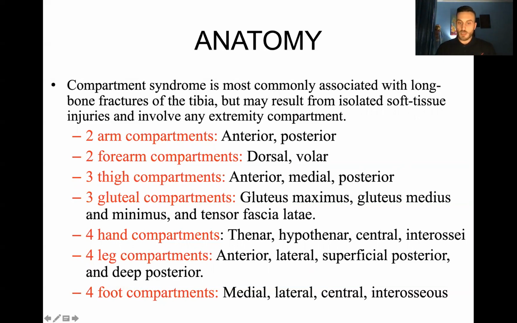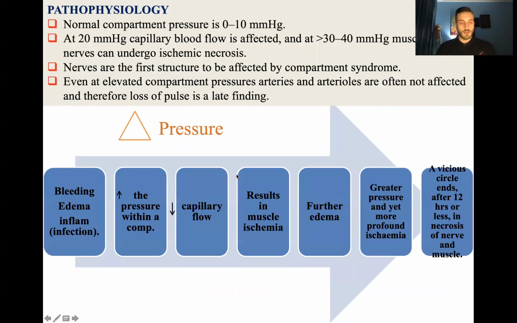For example, in the forearm you have the dorsal and the volar. In the thigh, there are 3: anterior, medial, and posterior. And you should also know the components of these compartments. It's very important to know that the normal compartment pressure inside the compartment should be from 0 to 10. So this is the normal